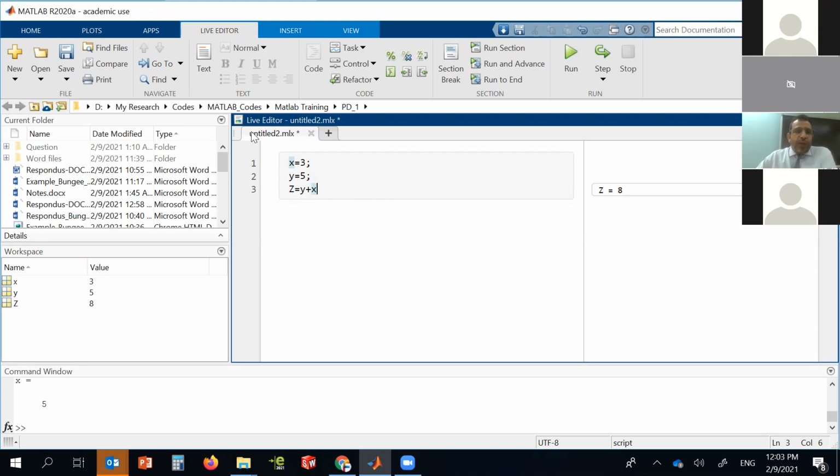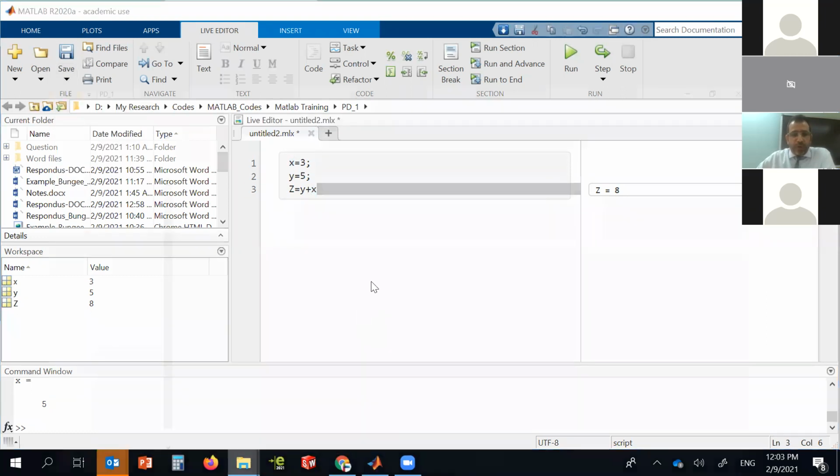And now for the live editor, there are some very good things when, for example, we want to use it in teaching, which is the way we can save and the way we can handle this. There are some interesting things. For example, here I can save it as a PDF. I can save it as Word. I can export it to HTML, and then I can export to LaTeX. Now for this, I prepared already